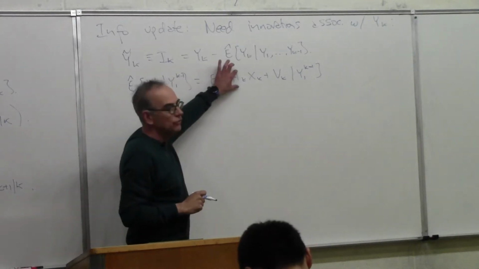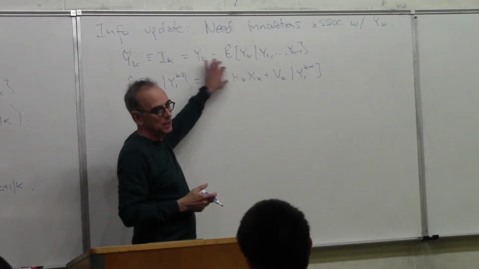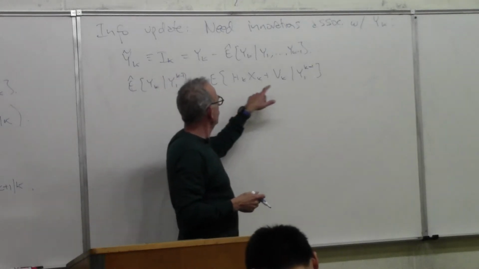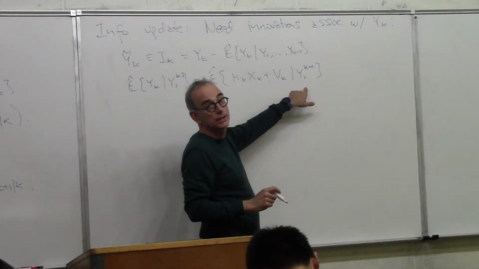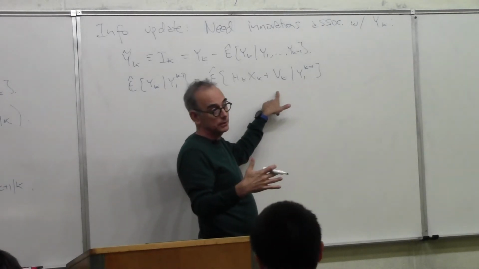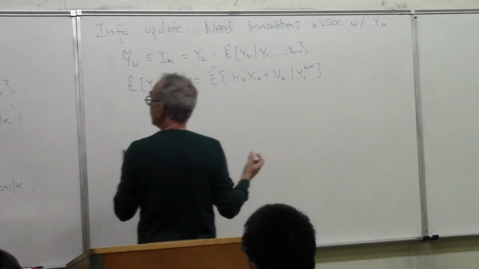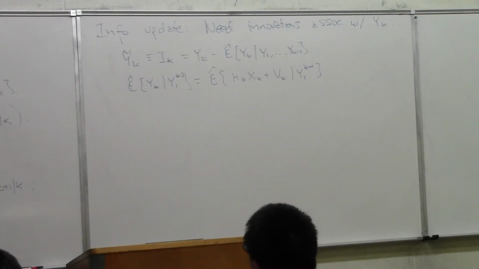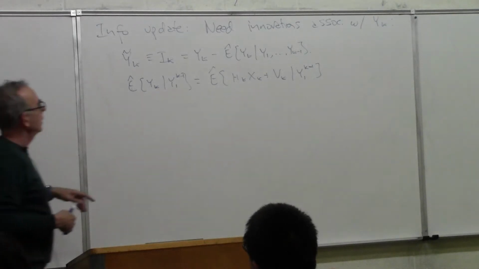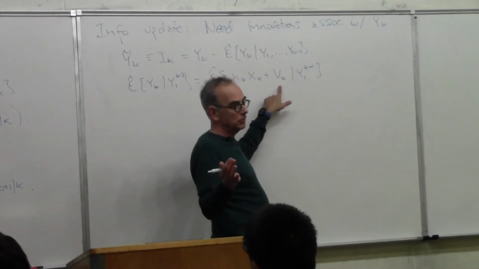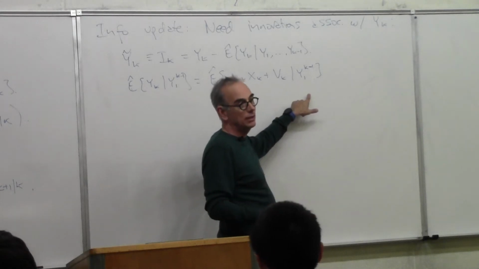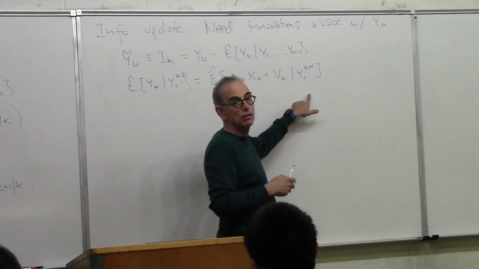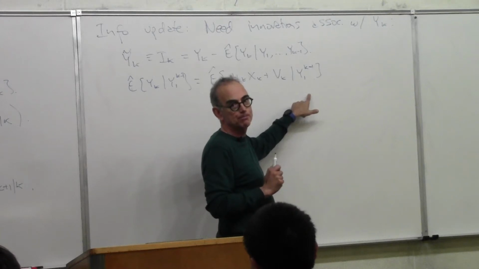So what is that? These H's aren't random, they're just matrices, so it comes outside. And what's the expectation, with a hat here, the wide-sense expectation of y k given the past? Well, this is an uncorrelated sequence, and the y's are just linear functions of the v's and w's. The v's in the past and w's, it doesn't matter. And we're assuming that v is uncorrelated with all of those random variables. So if v is uncorrelated with that subspace, by definition its conditional wide-sense mean is 0, because the projection is already 0.